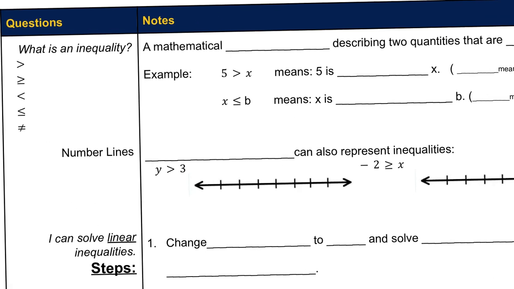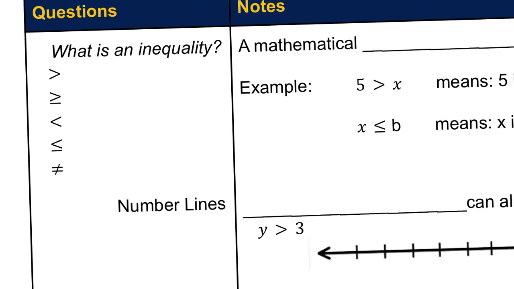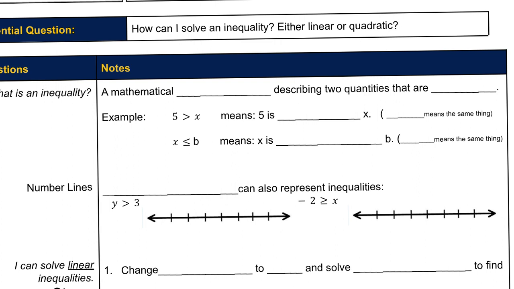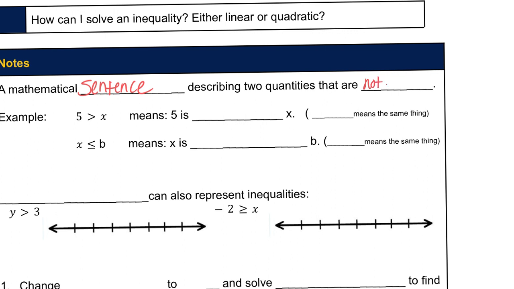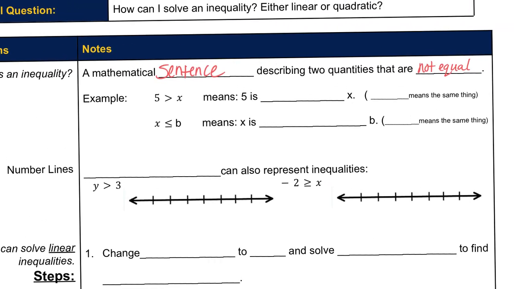So first of all, just defining an inequality. An inequality is basically any symbol relating things. It's a mathematical sentence describing two quantities that are not equal. So that word inequality means not equal. And that's what an inequality is. And so first thing we need to know, when we say not equal, we're going to describe the relationship in